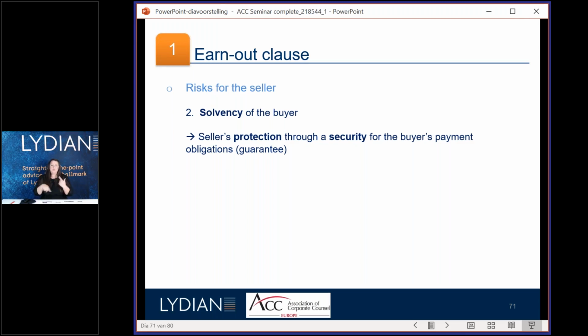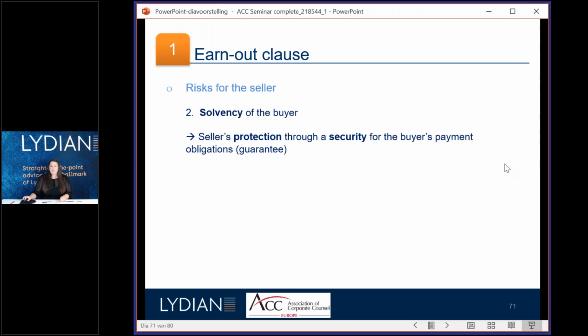When you're on buyer side, on the other hand, the limitations that we just discussed to the possibility for the buyer to run the business is something to take into account, because you will not be able to do your post-merger integration as you want to do if the contract provides that you cannot, for example, merge the companies and things like that. So that's definitely to keep in mind.